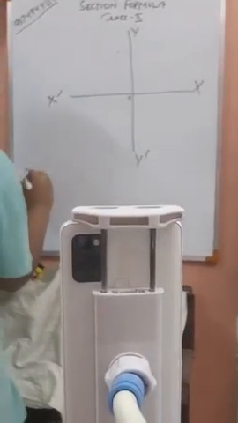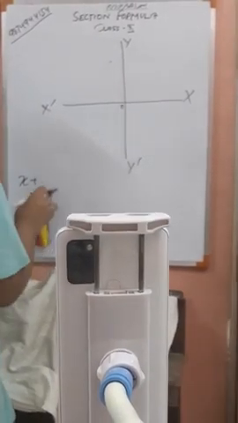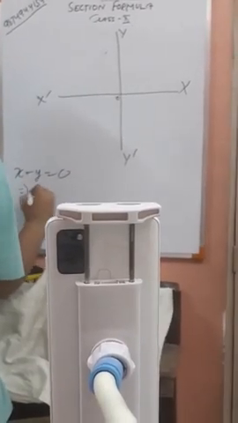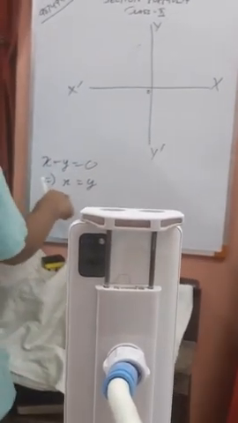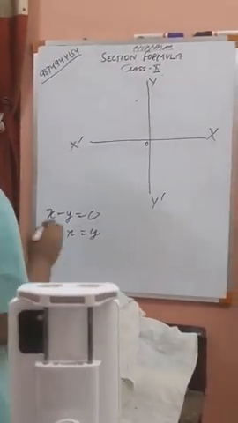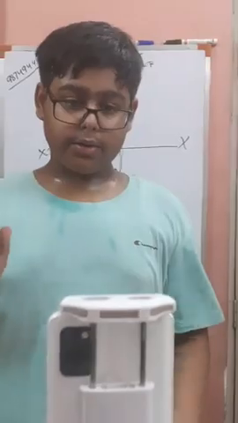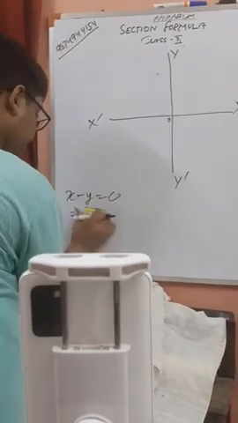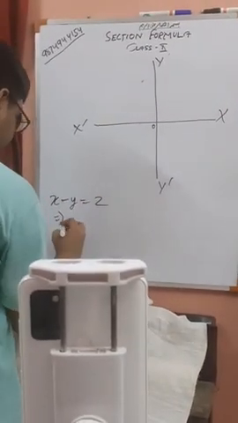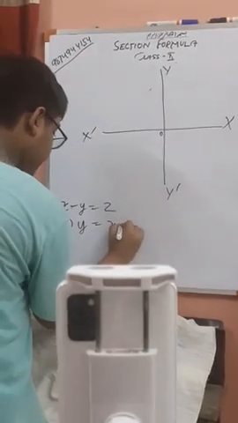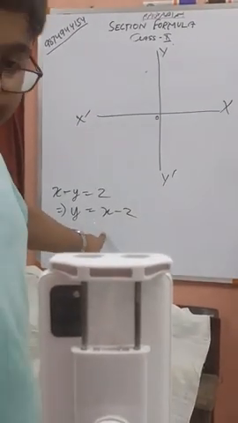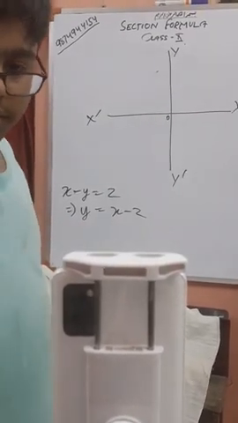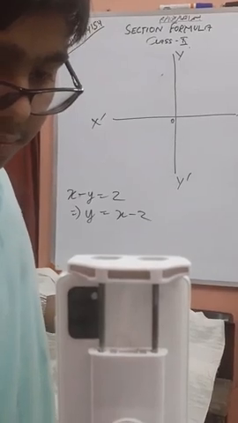For example, a simple linear equation like x minus y is equal to 0. We can take it as x is equal to y. This format we need to keep. And we put the values of x by our own and the value of y will be calculated by this. Suppose there was not 0 but 2 over here. That would be y is equal to x minus 2. Is this clear? This line statement, not clear? No. Okay.